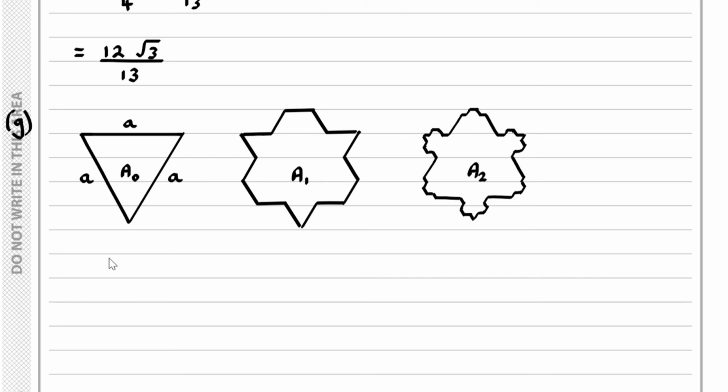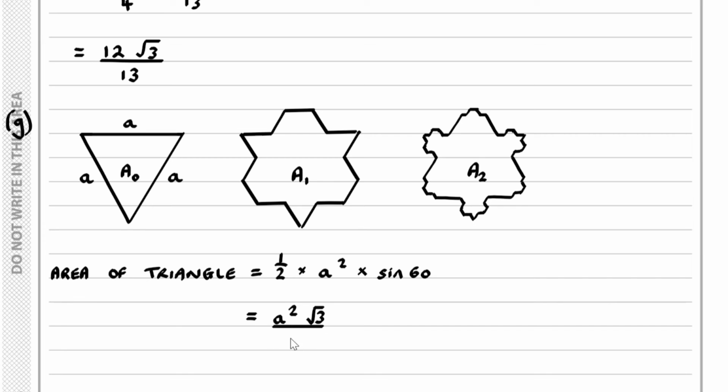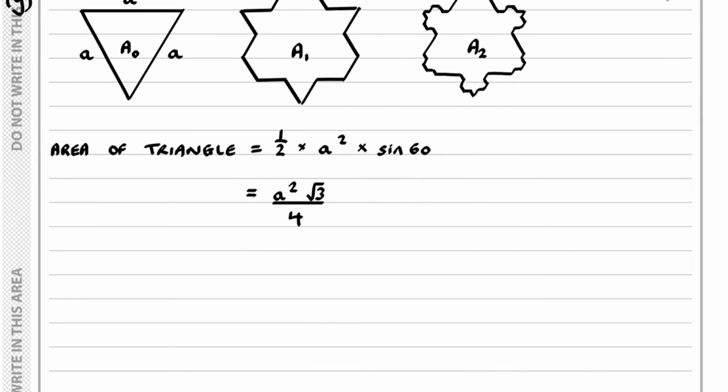So let's first of all find out the area of this triangle. The area of a triangle is 1/2 times A squared times sine 60. It turns out the area of the triangle is A squared root 3 over 4. Now why is that important? Before we do anything else, what we need to notice is